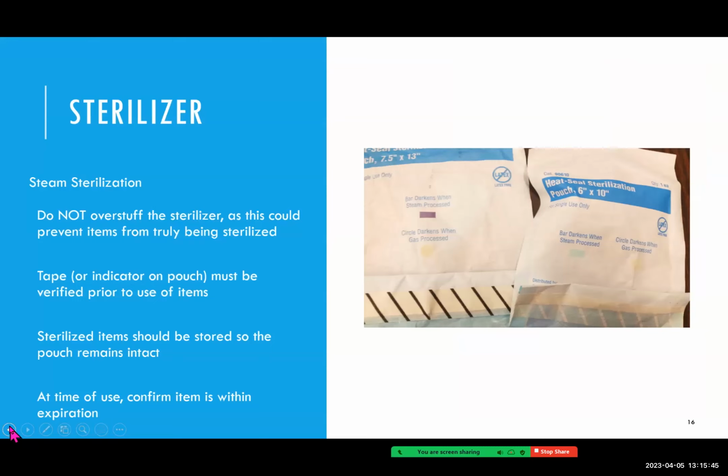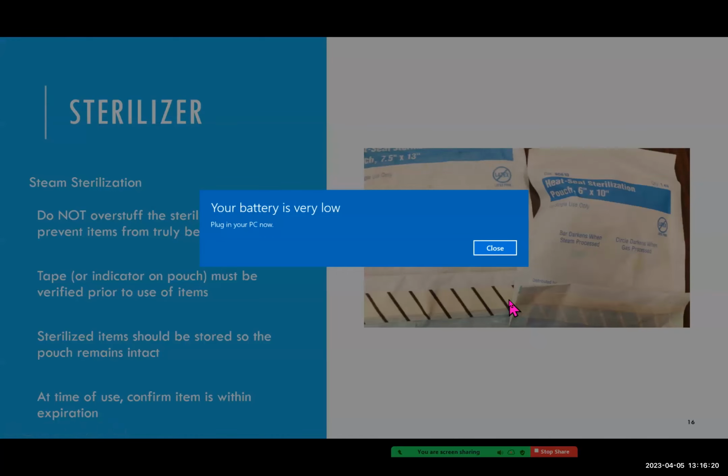So anytime that we are unloading from the sterilizer, we always want to check and make sure that our indicator tape has changed colors. Here on the right, we have more of the clear white parallel striping. This is a package that has not been sterilized. It has not reached the temperature to say that it's sterile. And then on the left side, we have the sterilizer tape that has the dark stripes. So first thing I'm gonna check, I'm gonna make sure